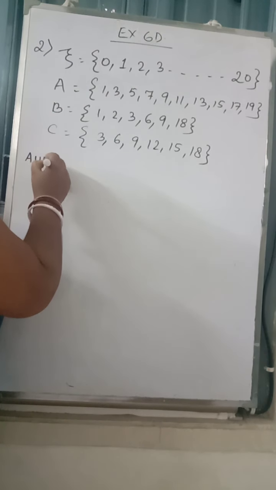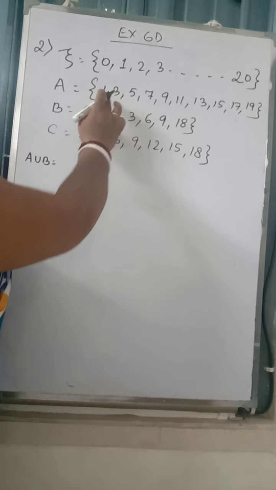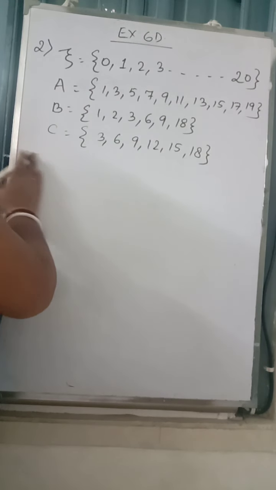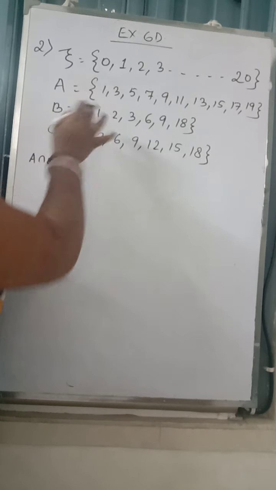So already we have written the members of the universal set, set A, set B and set C. Now we have to represent this in a Venn diagram. How to construct the Venn diagram now? We can see there are members common between A, B and C. So what to do with that? We have to find it for our own convenience. We have to put the common members in the overlapping sets.